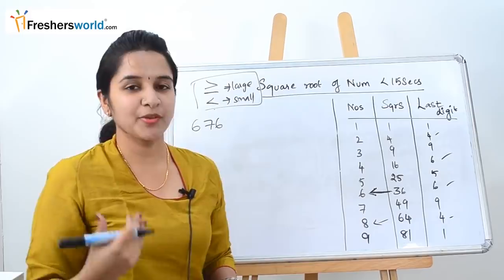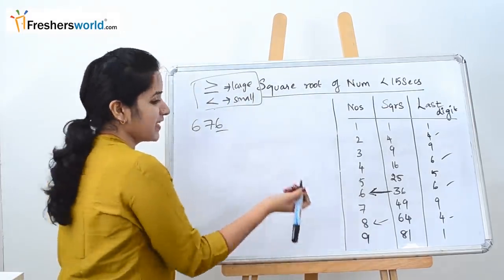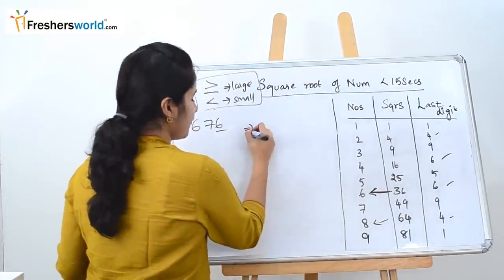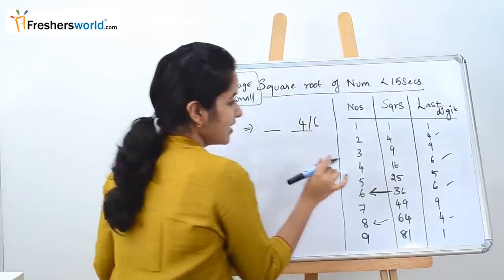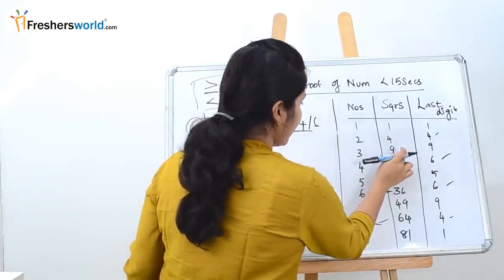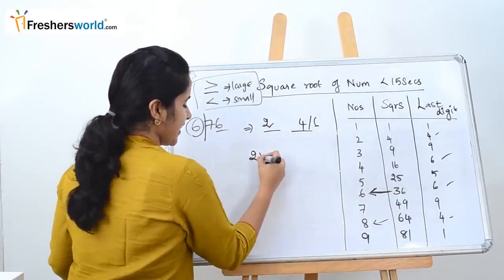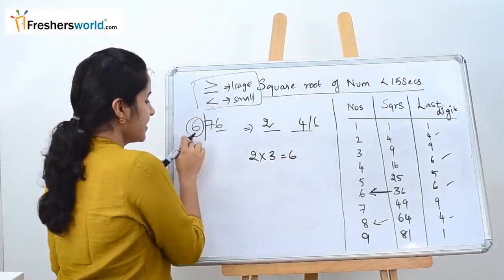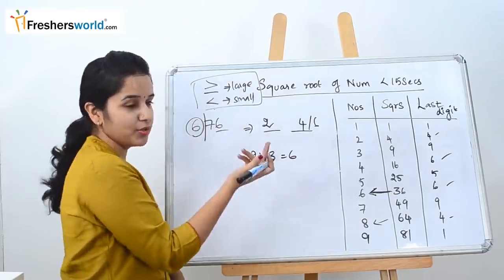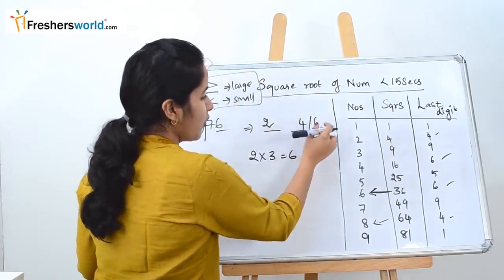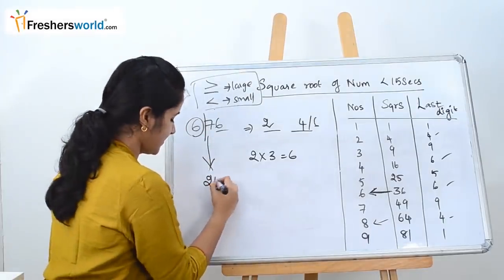Let us solve another sum to understand this better. So the question they have given is 676. It's very simple. You take the last number. 6 falls between 4 or 6. You write it here. You ignore the last 2 digits. You take the first one. 6 falls between 4 and 9. So you're going to take the smallest one, which is nothing but 2. Multiply it with the next number, which is 3, giving 6. As you see, here is also 6 and the value that you got is also 6. So both are equal. So as per our concept, we're going to take the large number. So out of 4 and 6, 6 is the large. So the square root of 676 is nothing but 26.